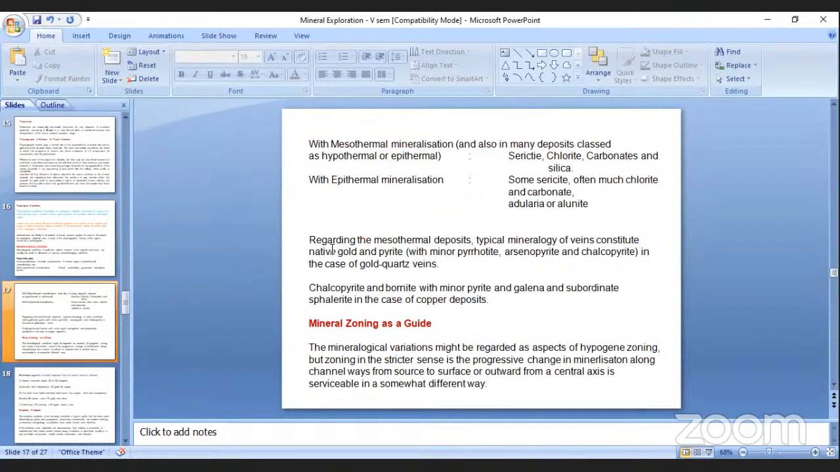And again here, when you come to mesothermal deposits, they have a typical mineralogy, and particularly it is formed in the vein constant. In the vein constant, if you look, there is a little amount of pyrrhotite, arsenopyrite, and chalcopyrite. These